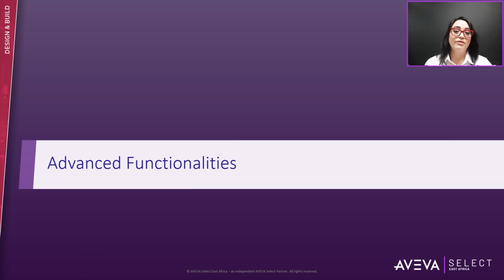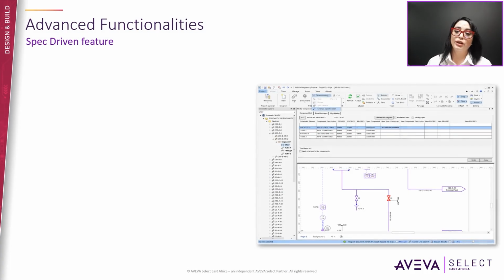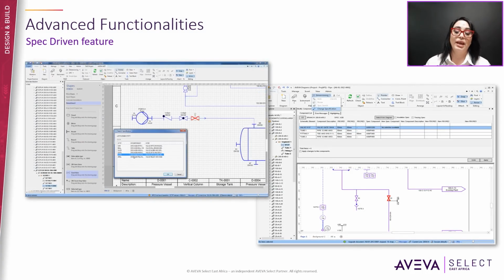Let's go over some of the advanced functionalities. Creation can be improved with efficient specification-driven facilities to aid designer work by helping on selection according to parent specification, automatic symbol change according to pipe specification for instrumentation and valves, auto-propagation and bulk modification of pipe or equipment specification, shared with AVEVA E3D Design Catalog. Supporting change specification function to allow easier changing of specification across a whole pipeline, and allowing out-of-spec selections for individual